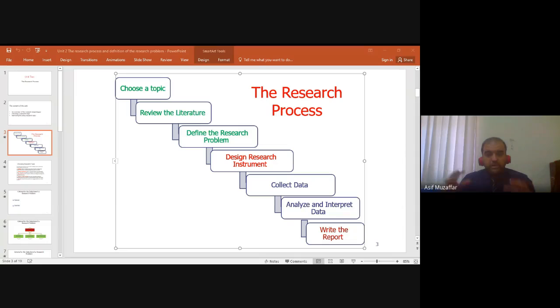You get my point? In this course, luckily, if you are designing an interview, you just need to design the questions. If you are designing a survey, then you just have to design the questions based on previous research. You can take those questions from previous research as well. Luckily, you don't have to collect data in this course. So your research report will be about designing the process. Am I correct in that? Let's see.